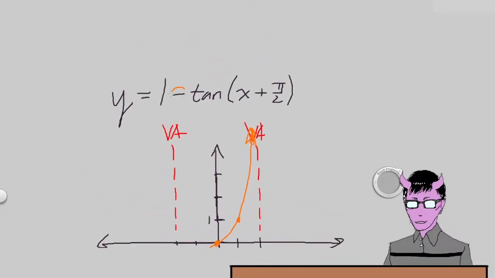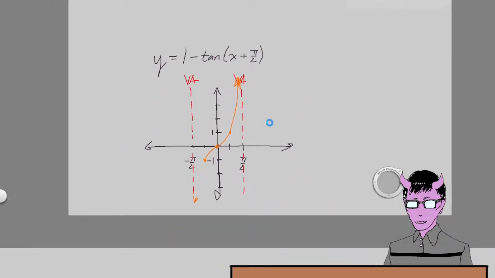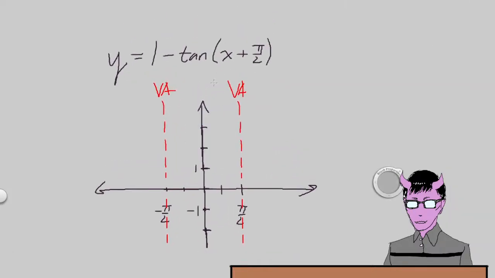But now we need to consider the fact that we have a negative, and we have shift number 1 and shift number 2. So in consideration of the fact that we do have a negative in front of the tangent, all it does is it reflects all the y values. So reflection across the horizontal. So with this negative here,